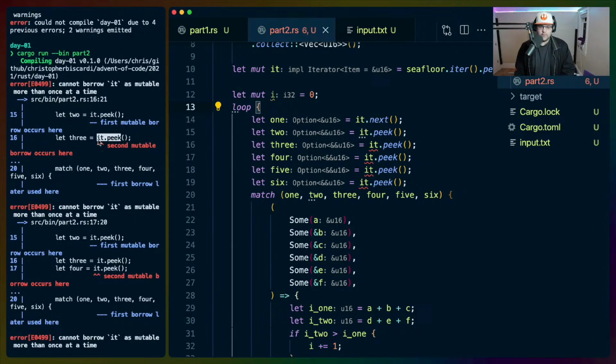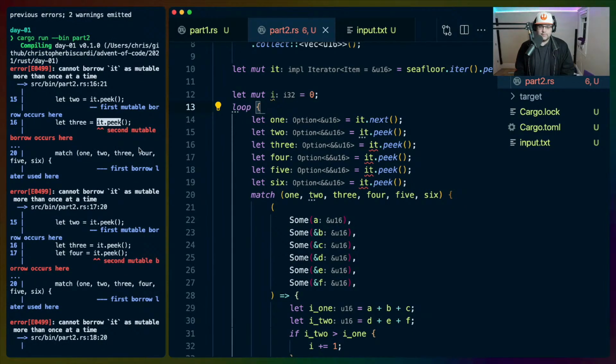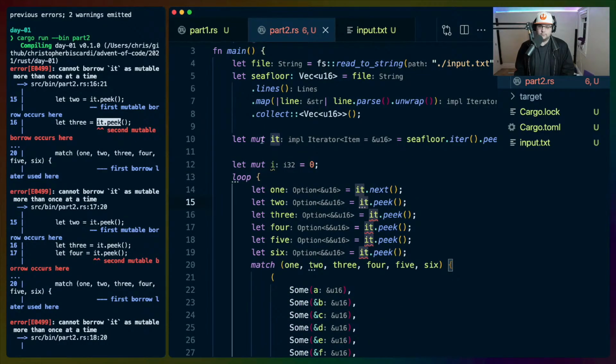Second mutable borrow occurs here, which makes sense, because this is mutable. We don't need it to be, not for these anyway, but we do need it for it.next.